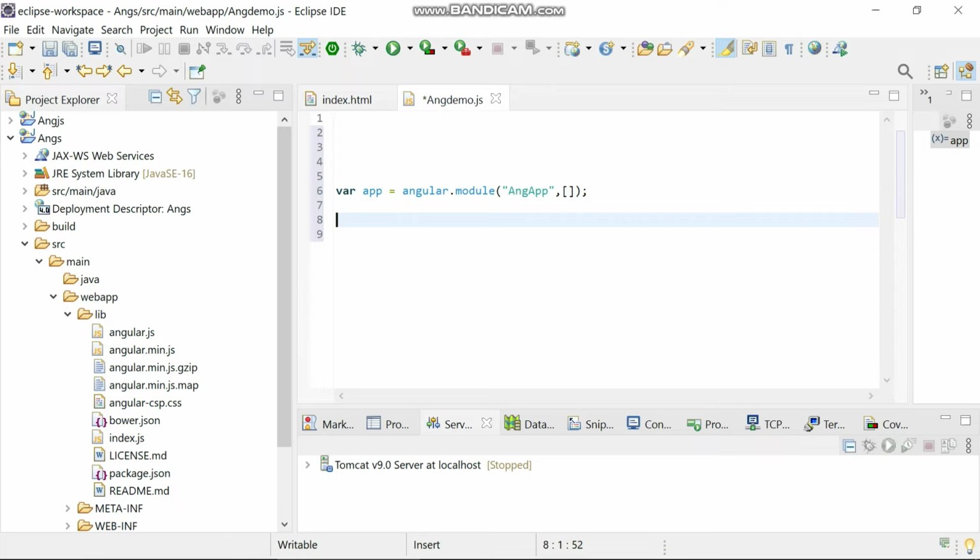I'm going to create the controller. How do I create the controller? We have already created the module named ANG app, which is assigned to the variable app. So I create the controller using the module name dot controller keyword, and then I need to name the controller.